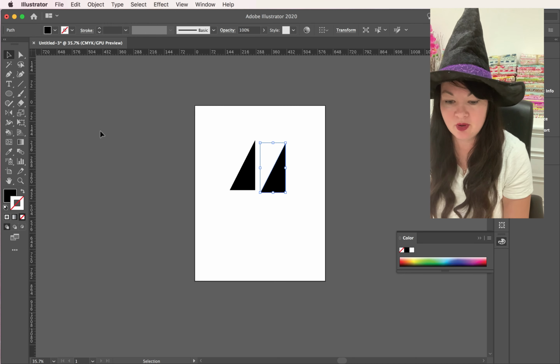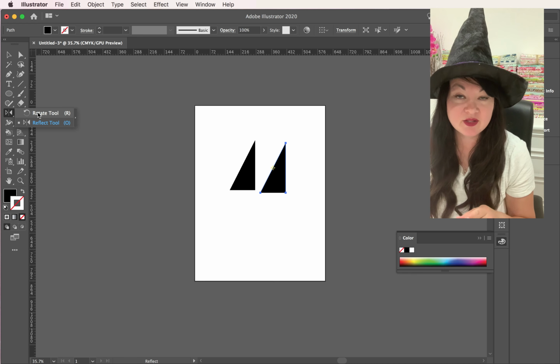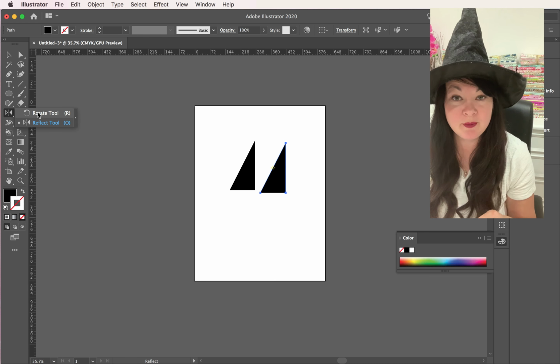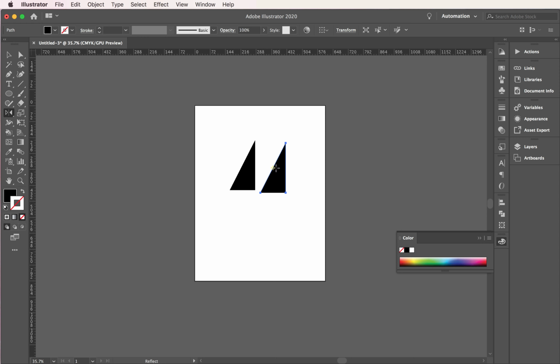Okay, super simple. I'm going to hold down my shift key and use my reflect tool, okay? Now, if you have the rotate tool up, that's okay. You just need to hold down with your mouse or your tablet or whatever you're using and move it down to reflect, okay? Hold down your shift key and pull to the right. So pulling to the right, so easy, right? Coming over to our selection tool, we're going to bring those really close together, select both of them, and